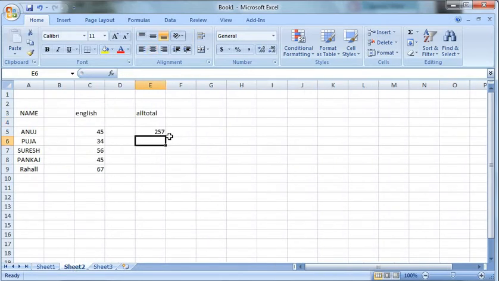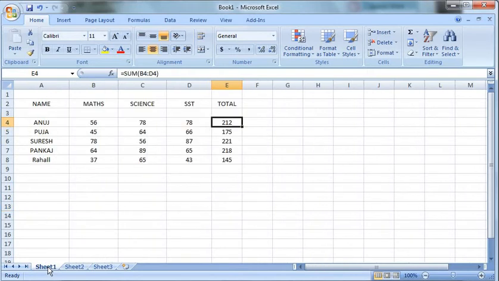Now suppose I am deleting this, otherwise you will be confused. This also I want to delete. Now suppose in this I want the addition of marks of all these students, I want to calculate the average.